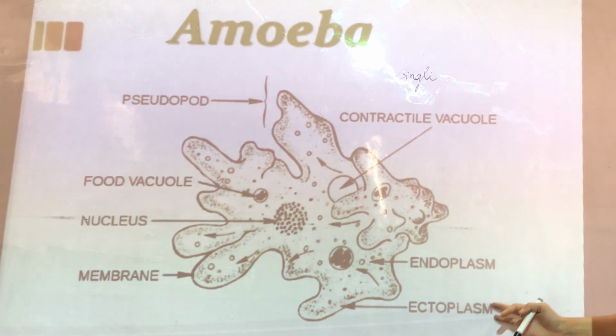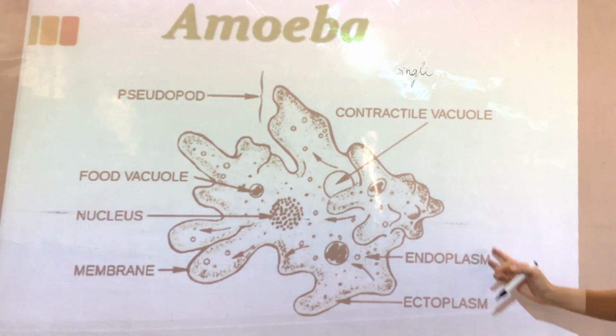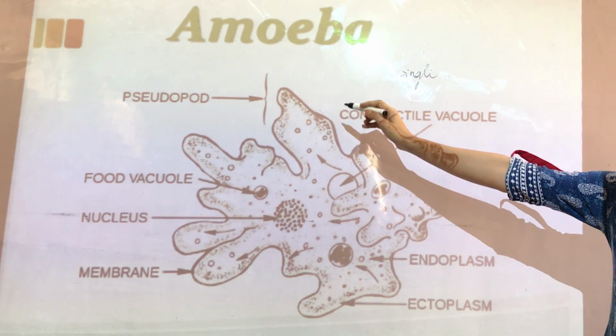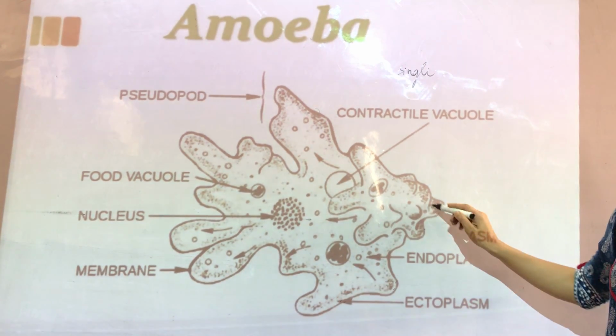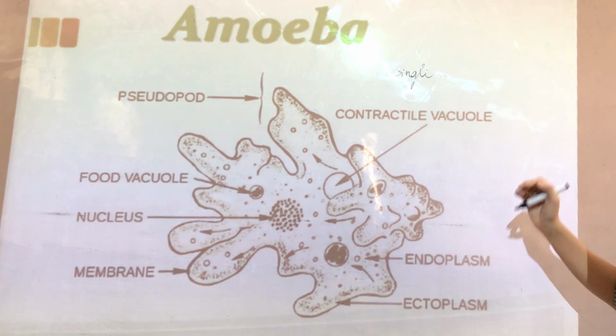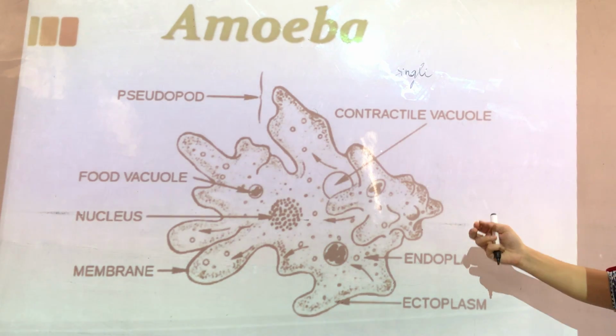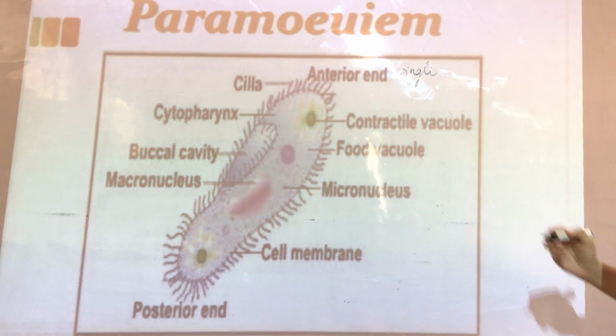So these all are its parts, not pipes. Okay, so that is pseudopodia. So these are the foot. Okay, and that is the nucleus. We will study about their function and their structure in a bit more detail in our next classes. Okay, now this is the paramecium.